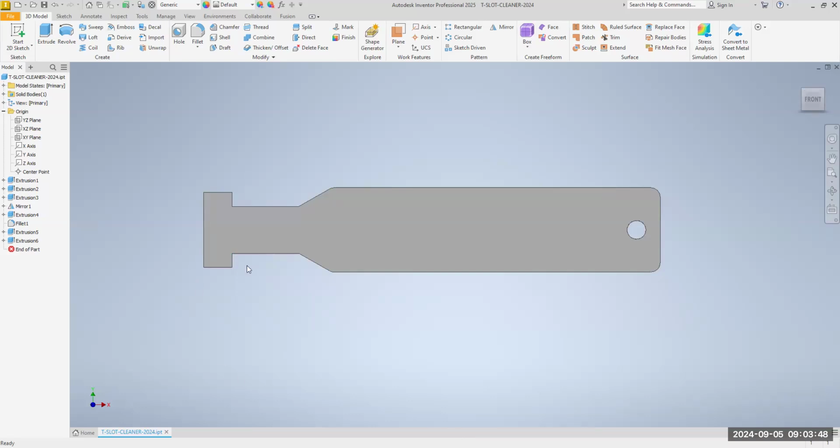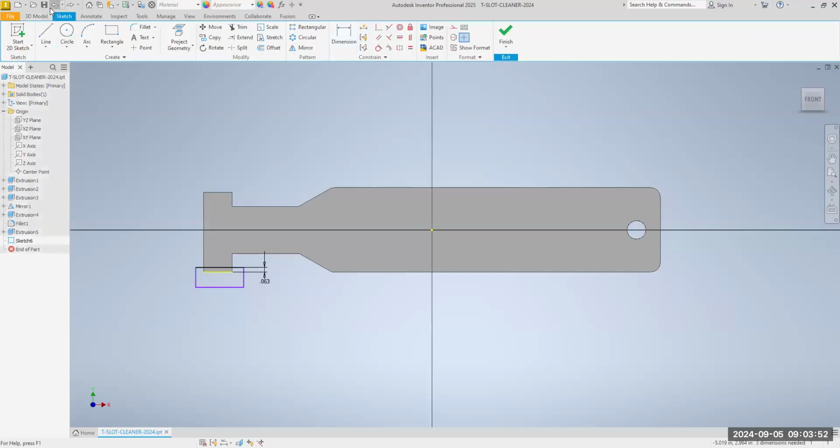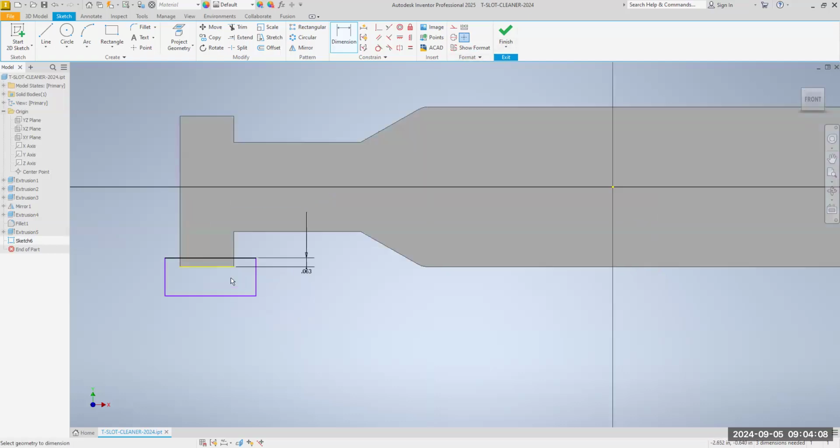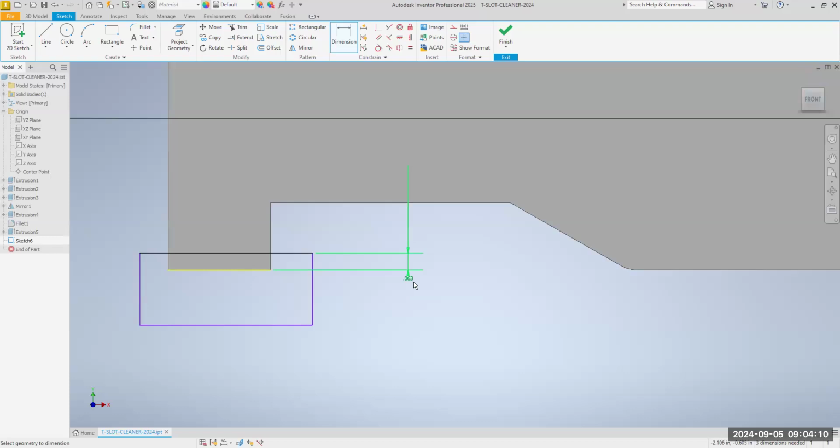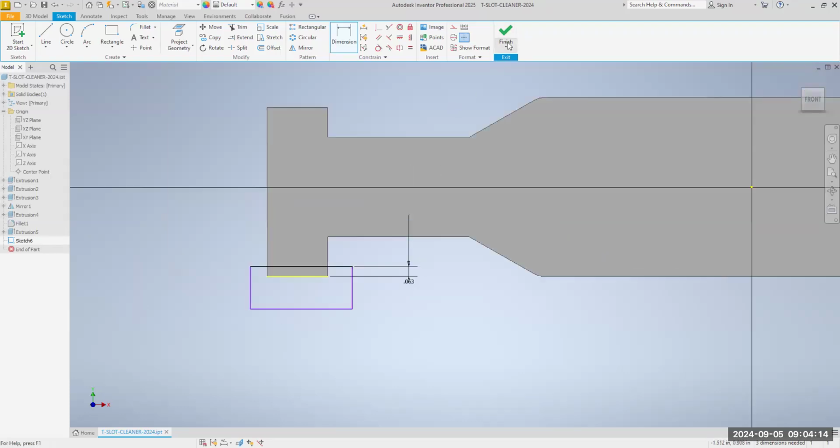When you dimension the, okay. Right here, click here, you click here, and drag that off. 0.0625 is the dimension distance. Green check mark. Okay, so there it is, 0.0625. It rounds it up to 0.063. I'm going to finish the sketch,